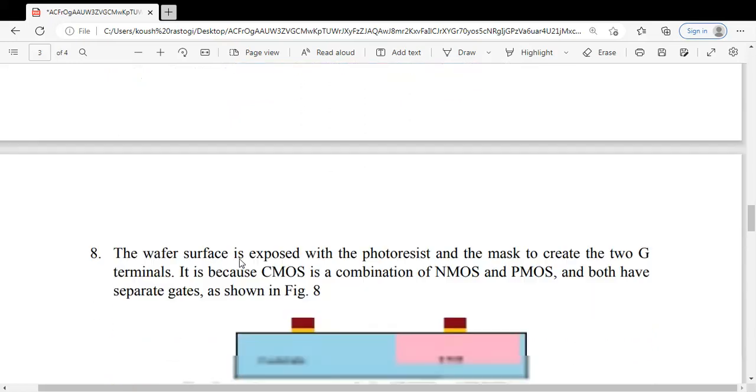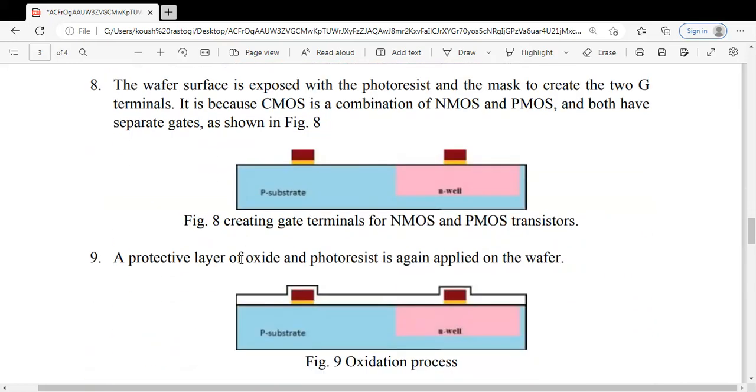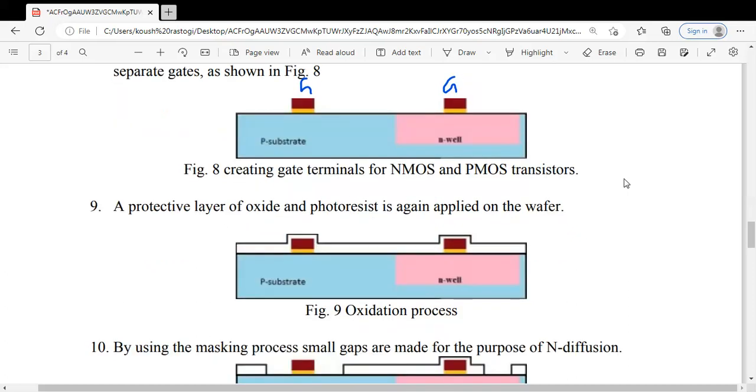Again we will selectively expose with photoresist and the mask to create two gate terminals. You can see we have selectively removed the other regions and now only two gate regions are present. Then again we will cover this with a protective layer of oxide, and again photoresist will be applied to create small gaps.